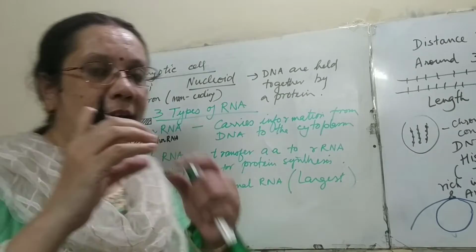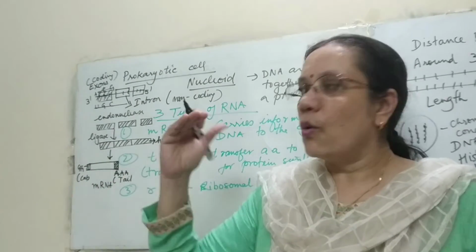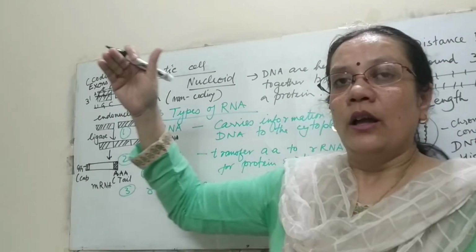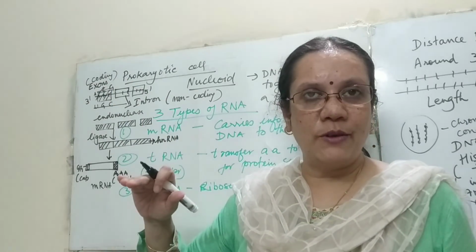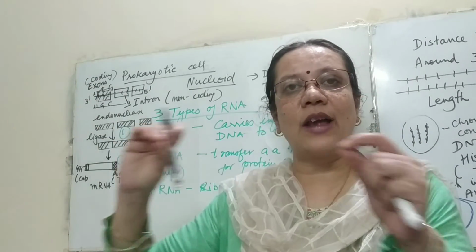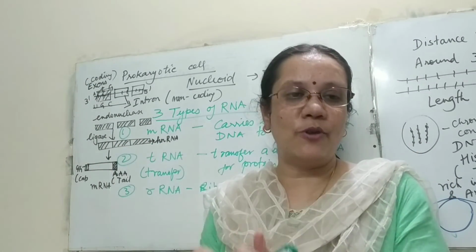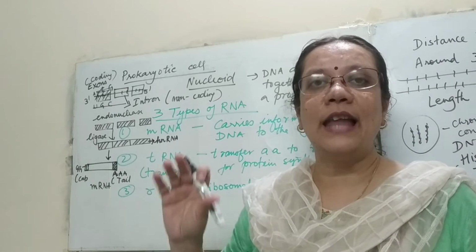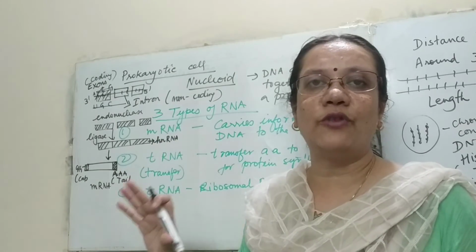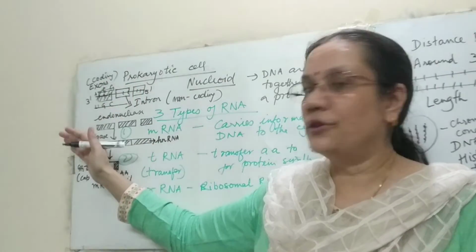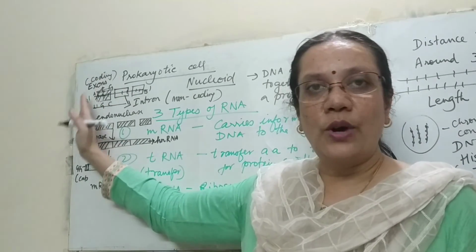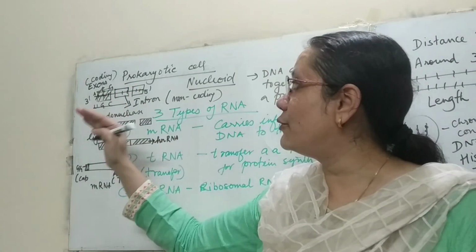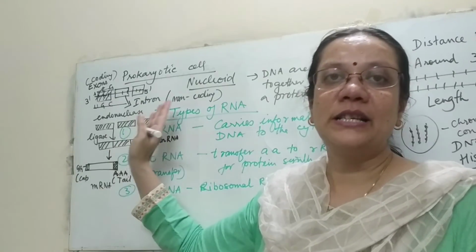I am repeating, a DNA has two strands. One of the strands is chosen which is for coding. The complementary RNA has to be formed. Now this RNA strand will definitely have some nitrogenous bases which are not required at all, which do not code for any amino acid, and they have to be removed. So the ones which are coding are known as exons and the ones which are not coding are known as introns. The introns have to be removed by the method of splicing.